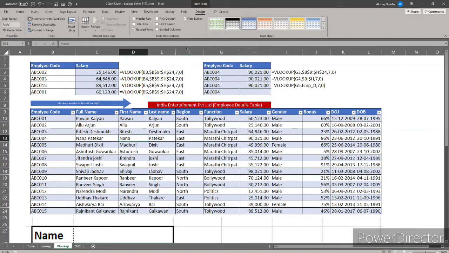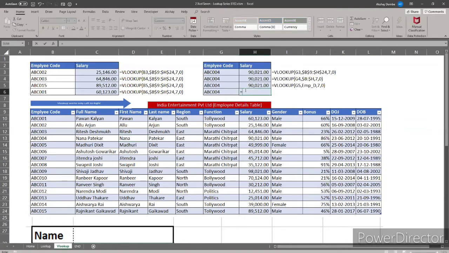Just click anywhere in the table and you will be able to see the table name. Here type VLOOKUP, comma, and we'll type Table1, comma 7, 0 for exact match. So these are the 4 ways to write exact VLOOKUP without any error.